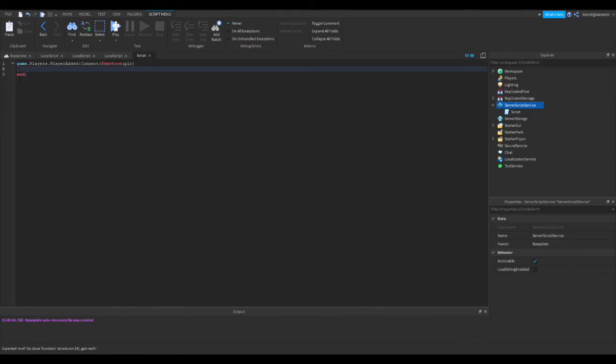This is the game, and then Players here, and the PlayerAdded: if a player joins, then it will connect a function for the player. And then we type here local stats